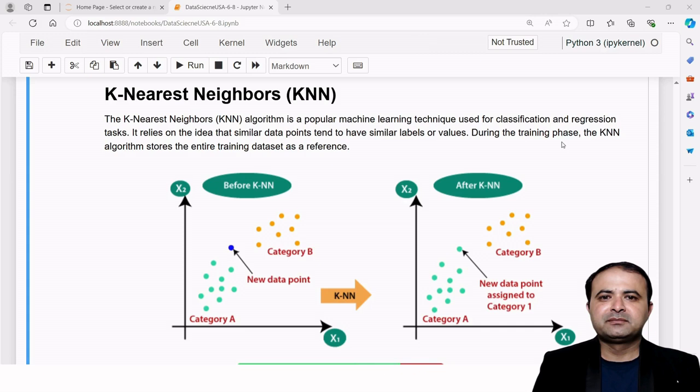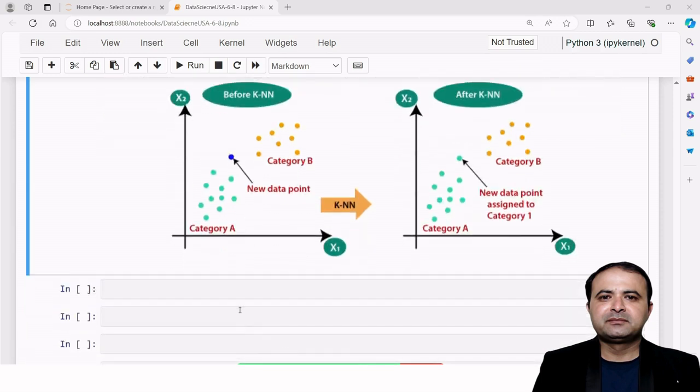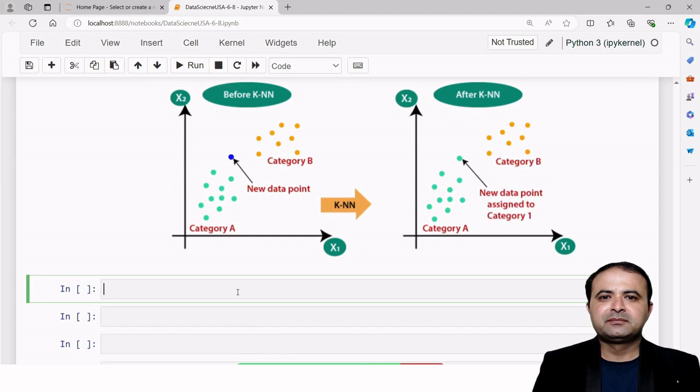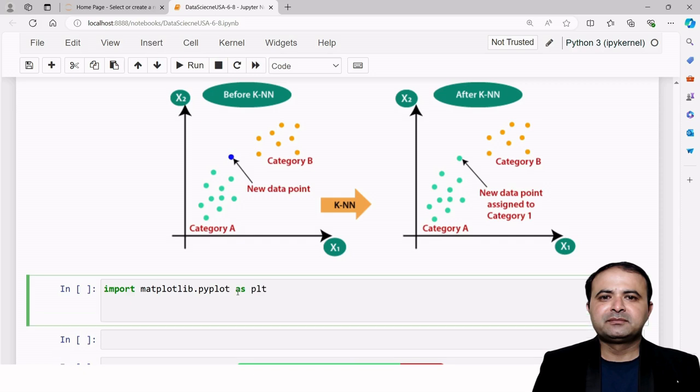So if I'm talking about the K nearest neighbor algorithm, it is a popular machine learning technique. So how can we perform this? Let's see. I want to take a simple chart first. Very simple. Like import matplotlib.pyplot as plt. Now I want to create the two data, x